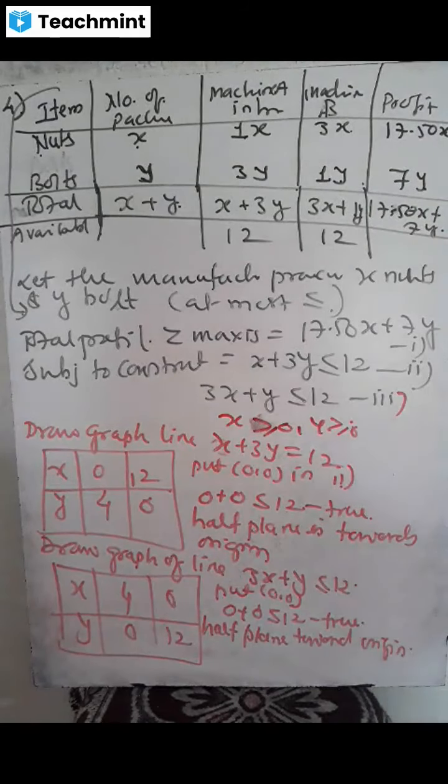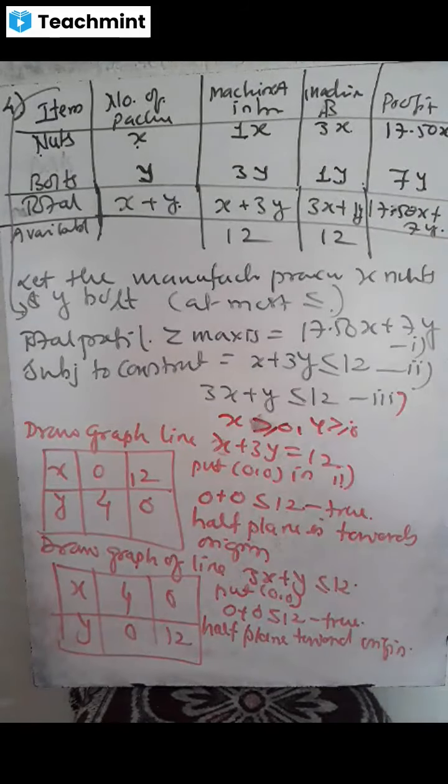So here total profit is given as Z and we maximize it, and given also that you operate the machine at 12 hours at the most, means less than or equal to. So that is why from the given we have framed this as maximize Z subject to the constraints x plus 3y less than or equal to 12, 3x plus y less than or equal to 12, and then we have drawn the graph, plotting the points for x plus 3y: putting x equal to 0, y will be 4, putting y equal to 0, x will be 12.